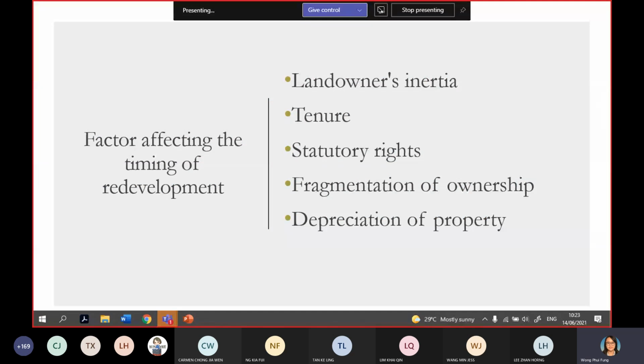Okay, and when we talk about redevelopment, there are some factors that will affect and delay the timing of redevelopment. The first one is landowner inertia. Landowner inertia meaning to say that, for example, Jasper has a piece of land in Sarawak. So I'm the developer. I aim for that piece of land. Then I ask Jasper, do you want to sell to me or not? Then Jasper will think,